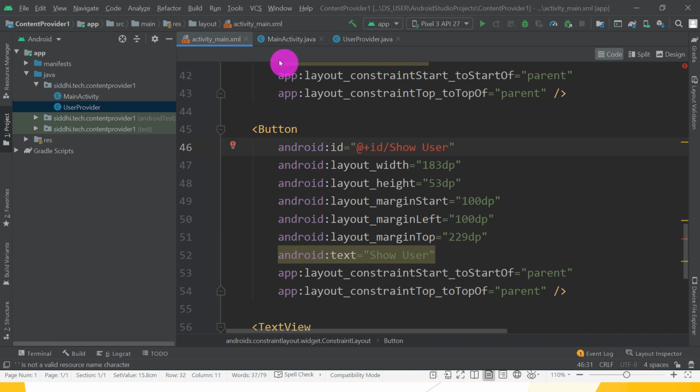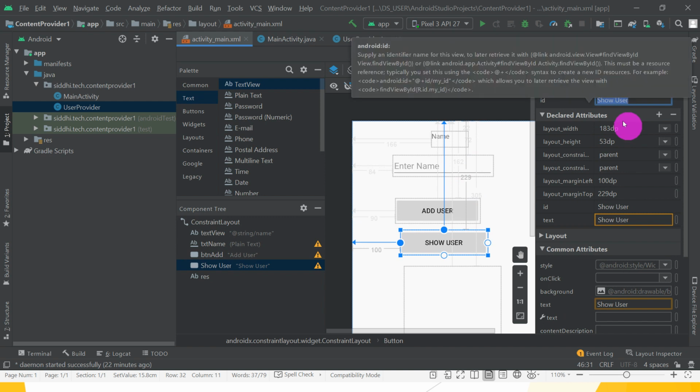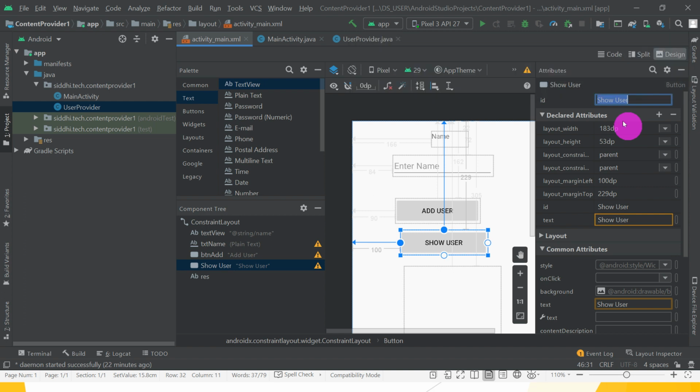So go to the design part. In the design part, change the id, that is btn retrieve. Okay, retrieve button, btn retrieve. Great.